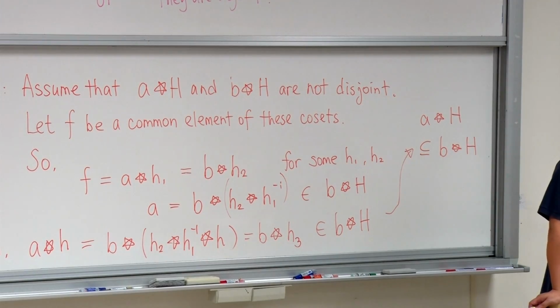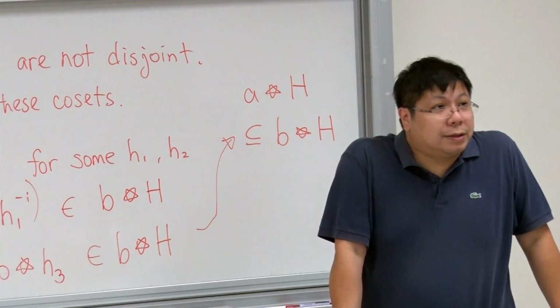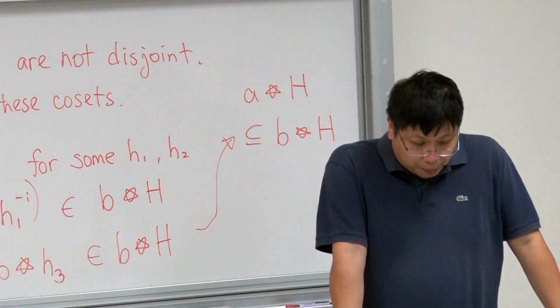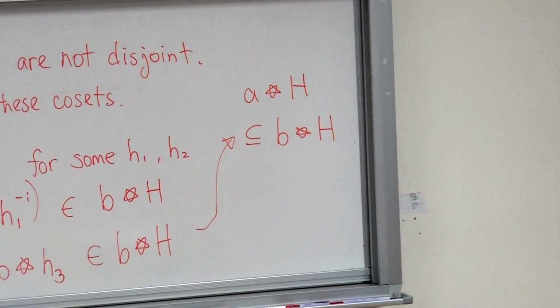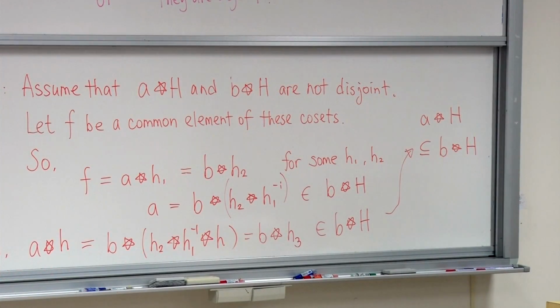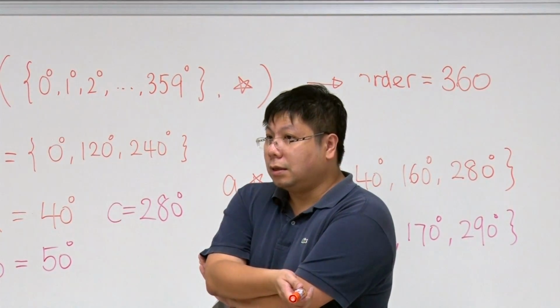Okay, that's it. So we have shown this thing. Using a subgroup, you can partition the items of the original set A into disjoint cosets of that group H. Okay? And then next, okay. And then next,